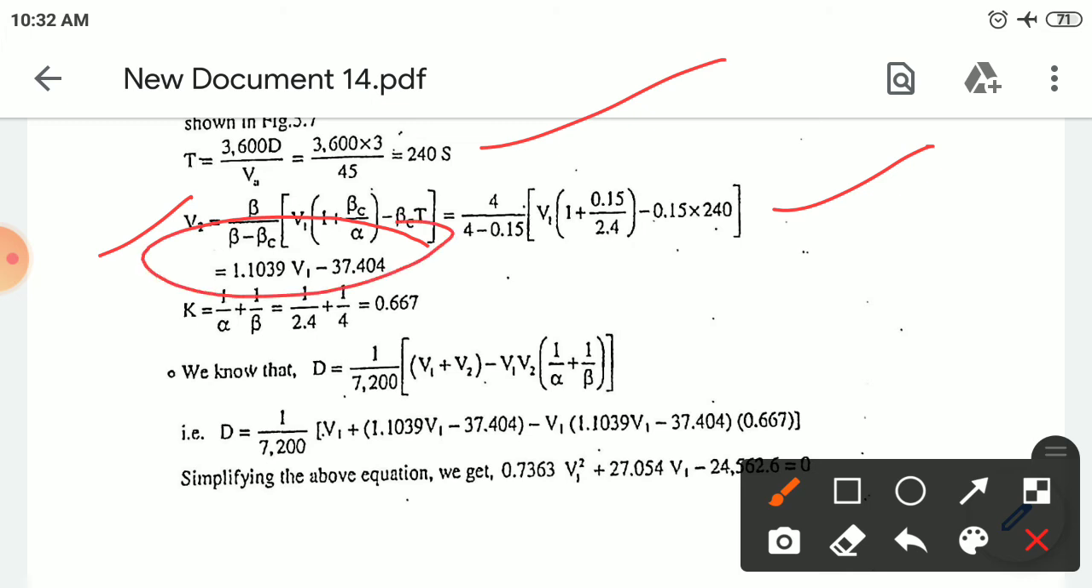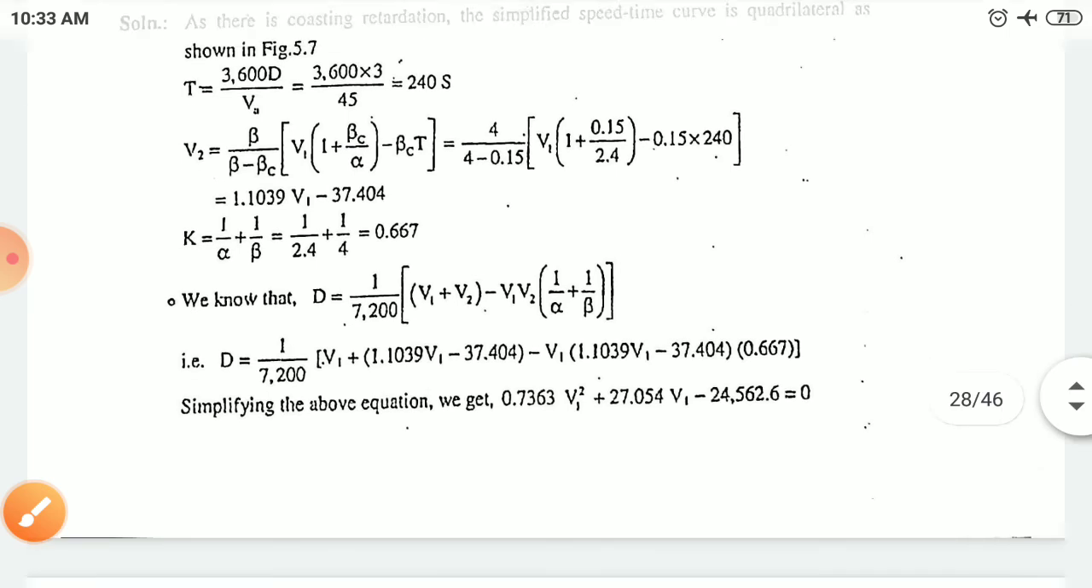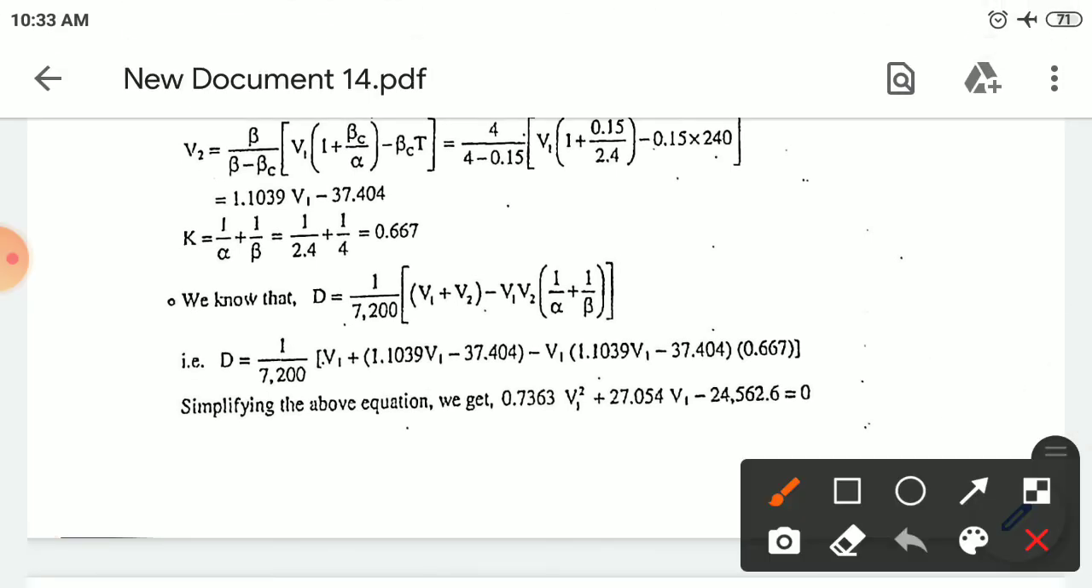K is equal to 1 by alpha plus 1 by beta. Substitute the alpha and beta values and find K, which is equal to 0.667. So we know that D is equal to 1 divided by 7200 into V1 minus V2 into this equation. From the derivation, now substitute: D is equal to 1 divided by 7200 into bracket of V1 plus